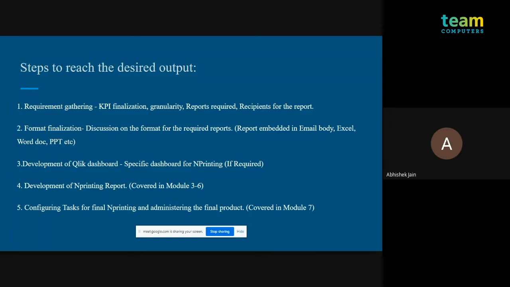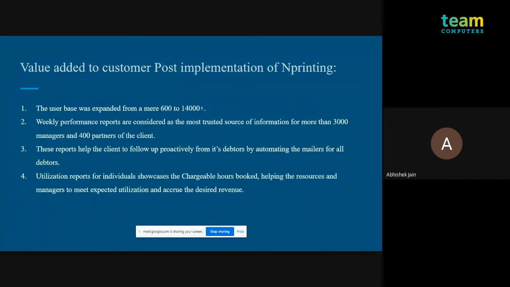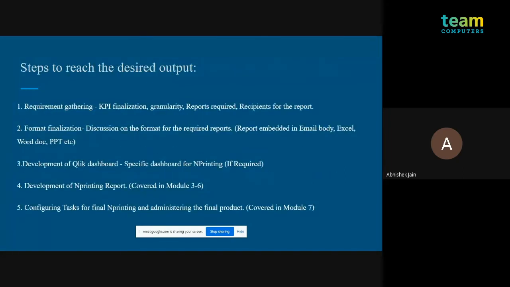So one more thing: before you send out any emailers, you should test them with a smaller data set, so that your report is going out fine, and all the numbers and all the filters that you have set up are taken into account.